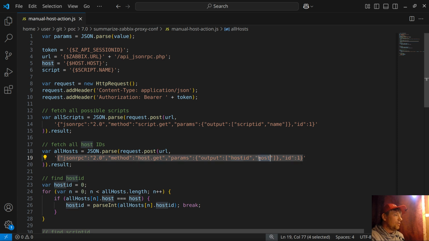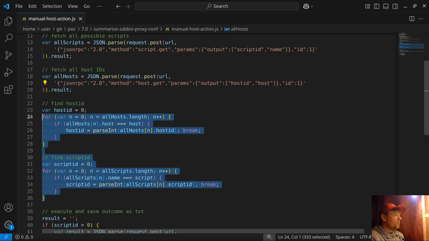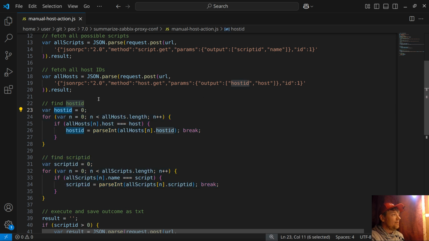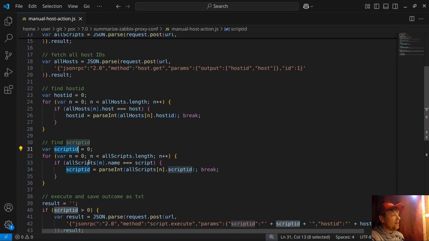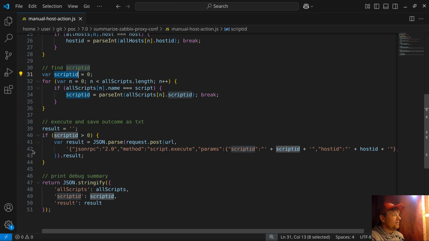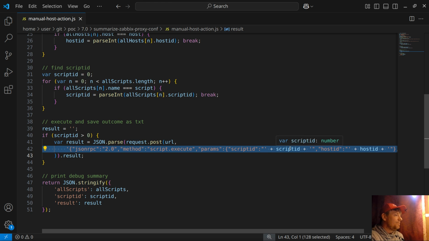We are fetching only the host name and host ID. And obviously we need to simulate that manual button. We need the script ID and we need the host ID. And then there are functions which do the lookup, like what is the host ID based on the library we have here, a library of hosts, a library of scripts, and then we pick up the script ID. And the final, this is the magic, line 42, where we are actually clicking the button, and that's it, like